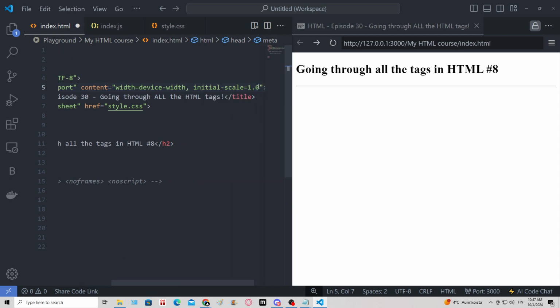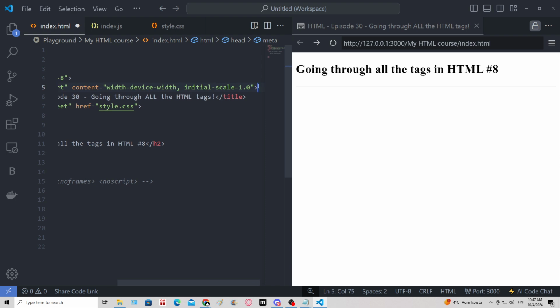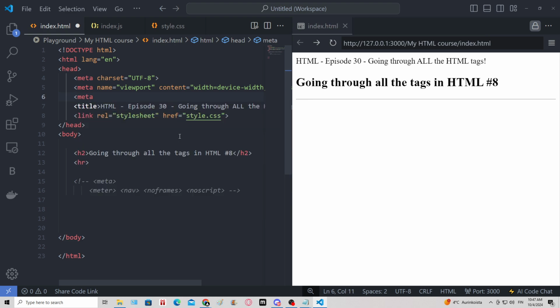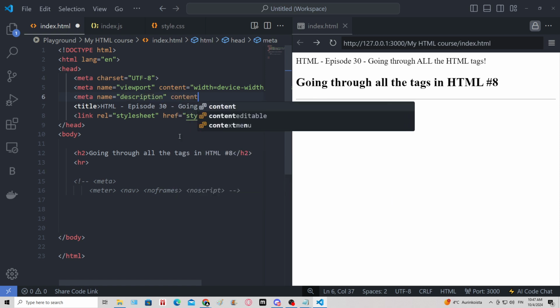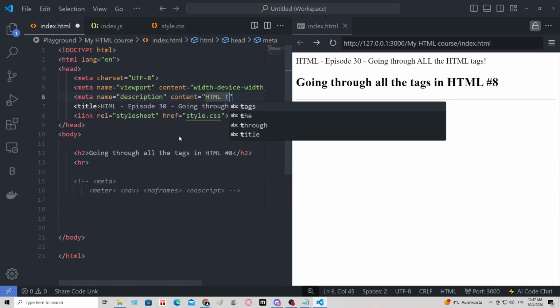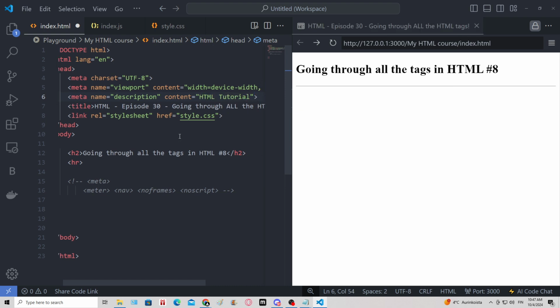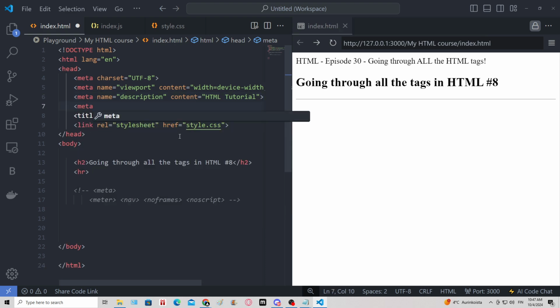So yeah, let's go over here and let's type in, for example, meta name will be description this time. Content will be HTML tutorial. That's another one. It will not show up on the web page, but this is used for SEO, search engine optimization. Then we have keywords,